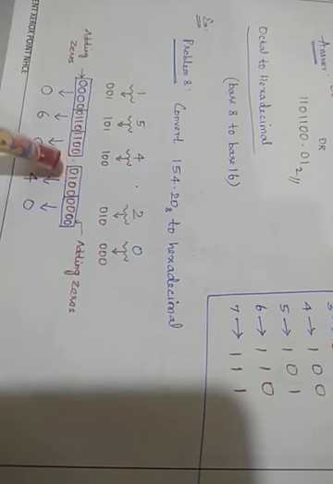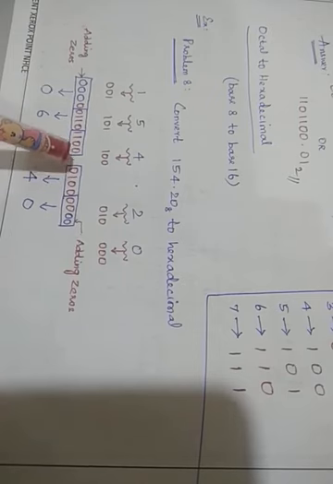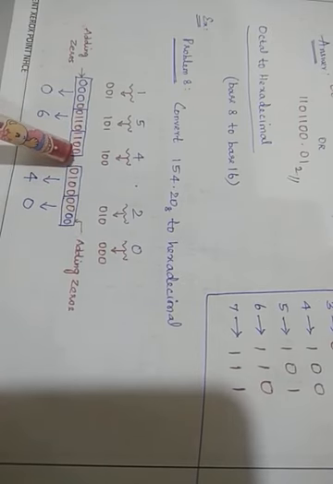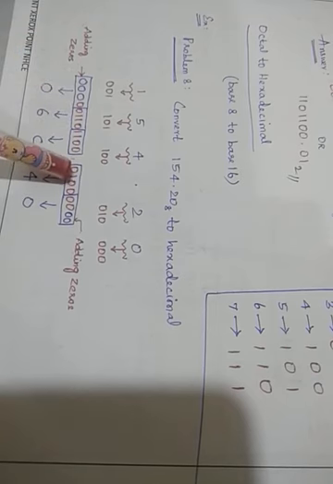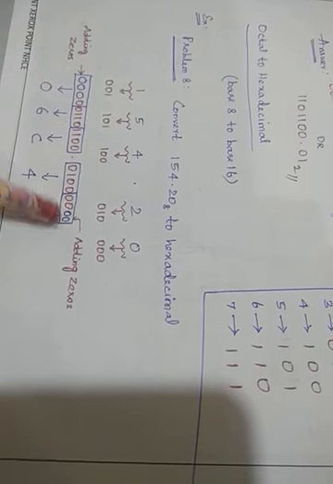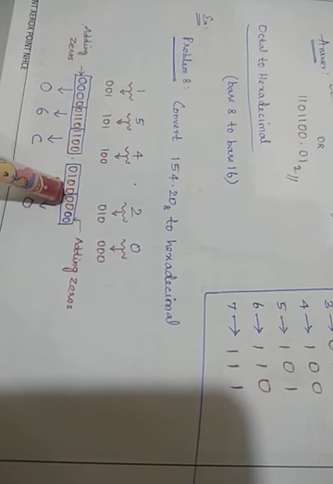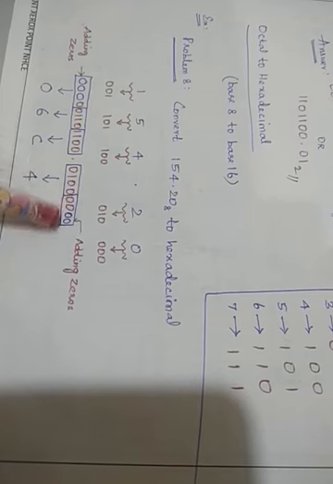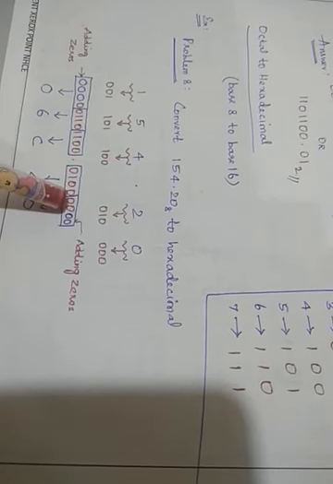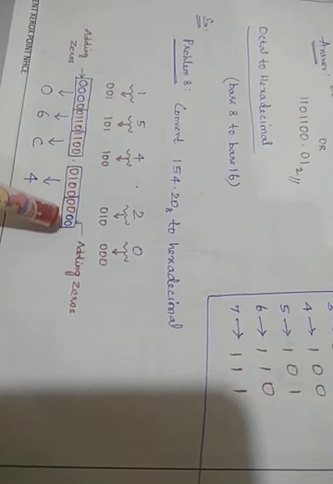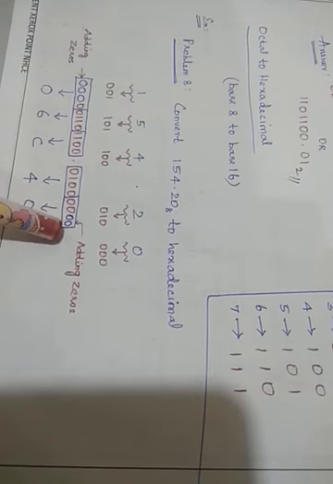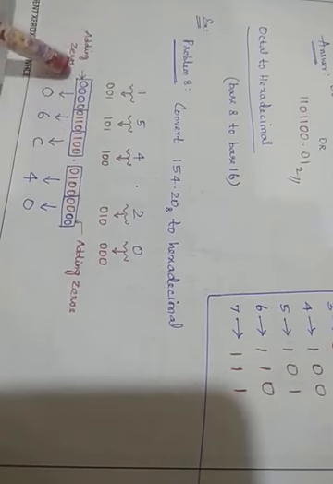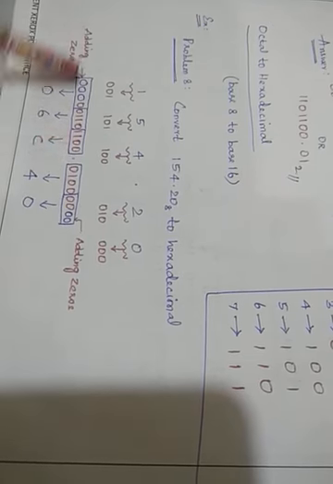Similarly, here also I should start from this side. For the integer part, you should start from right to left. For the fraction part, you should start from left to right. Remember, these 4 digits I make as one group, and here I do not have 4 digits, only 2 digits. The remaining 2 zeros I simply add to make a group. Remember, and I got these groups.